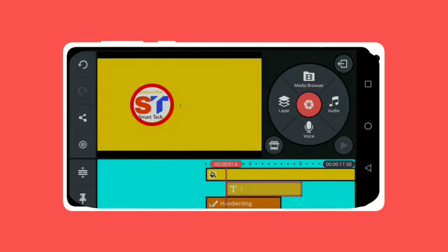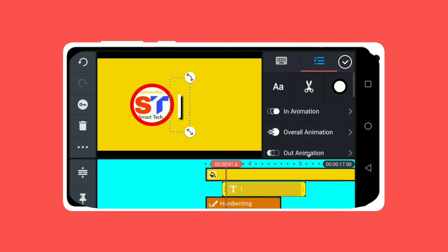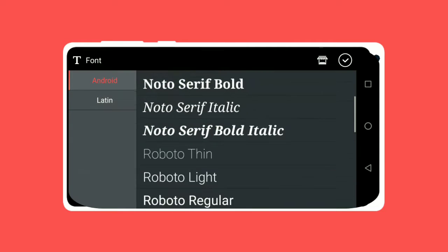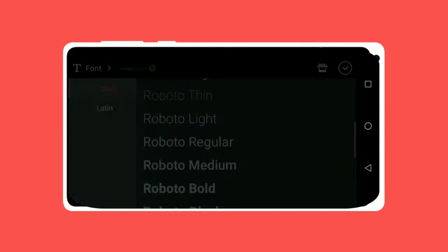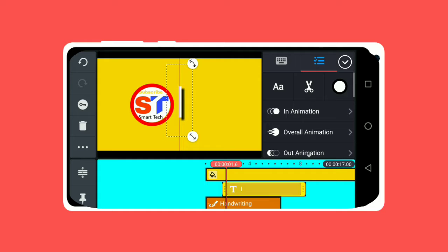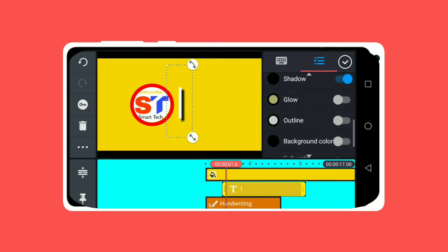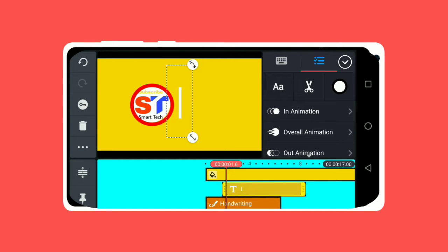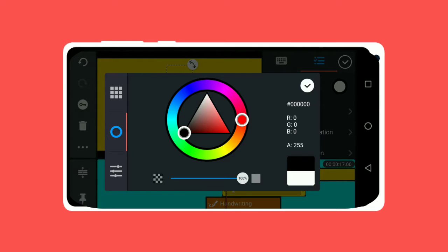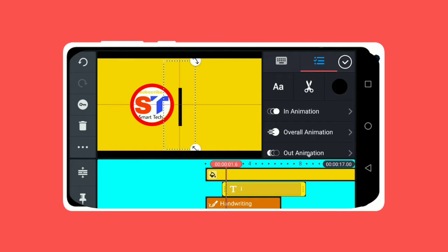Go to text and type I there. After typing I, crop it, choose Roboto light for it, make it very big, go to shadow and turn off the shadow, and choose the color as black and make it a bit big. And now what to do is